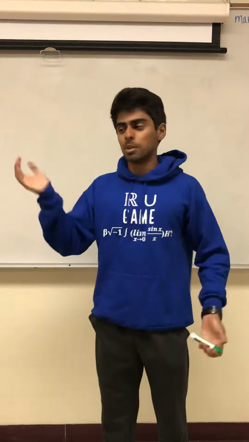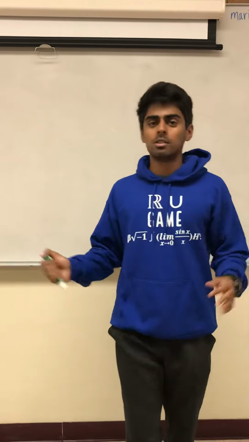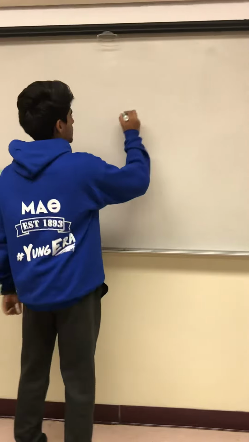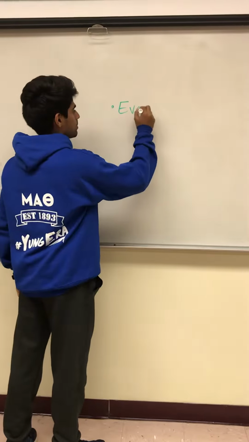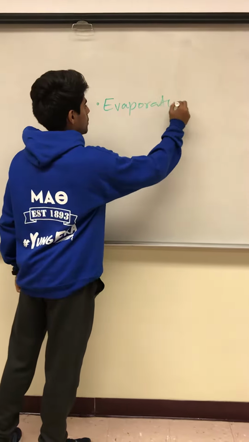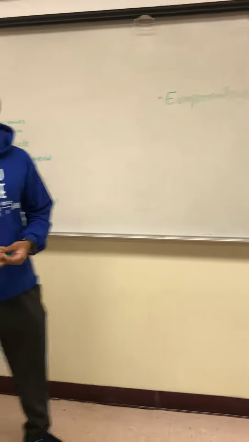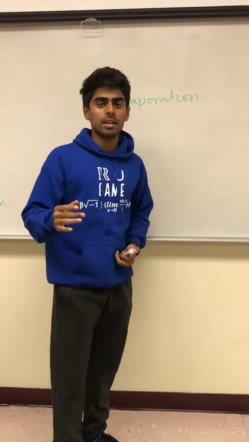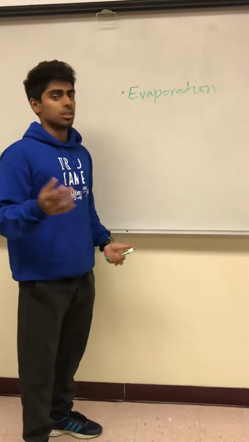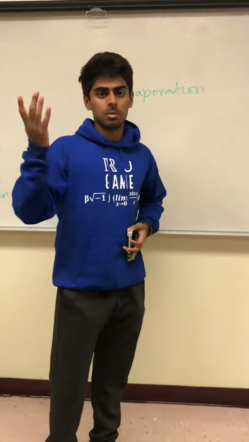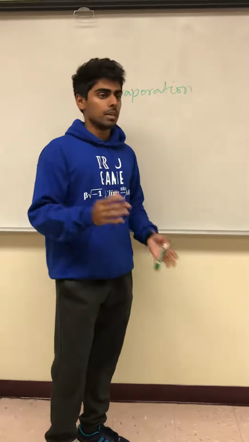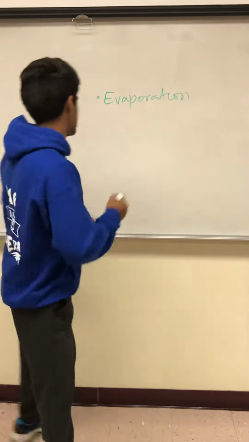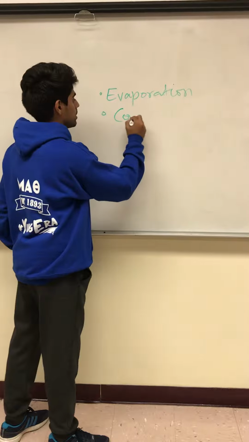Just a brief overview of the water cycle, which you guys should already know. There's a large water body. First we have the concept of evaporation, where sunlight heats up the water in the water body, and it evaporates or turns into water vapor and then rises up because hot air rises. And as it gains altitude, it gets to a cooler temperature where it condenses, which is the second step,